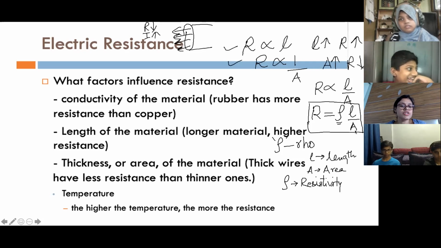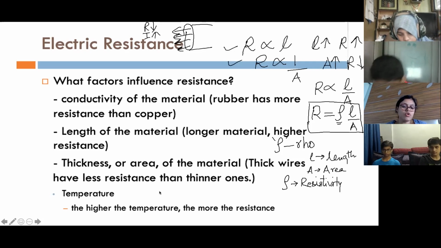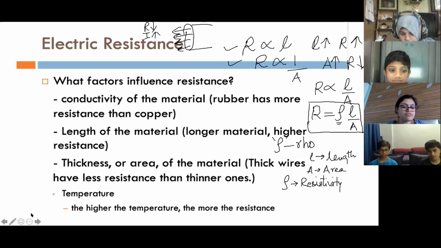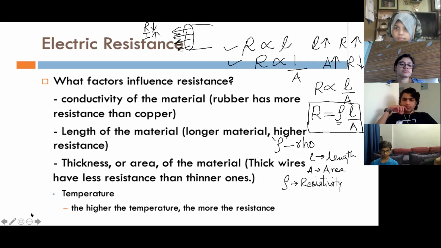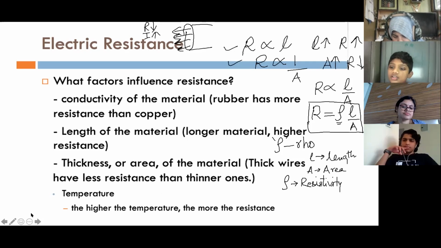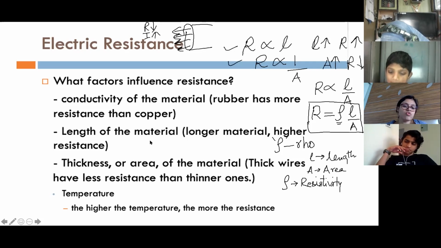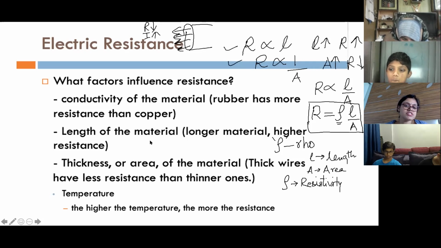Is it clear? Any doubt? So these are the points. And one more point we missed. Just tell me, if you increase the temperature, Abdullah, what will happen to the movement of electrons? Ma'am, the resistance will be more. Yes, resistance will be more. But why will resistance be more? Because of the heat, they will collide more. Correct. Because of the heat, they are getting heat energy, so they will increase their speed. When they move faster, they will collide more, and hence the resistance will increase.